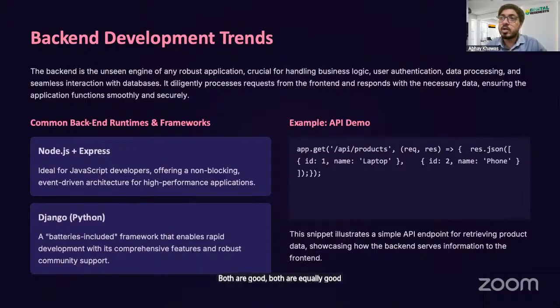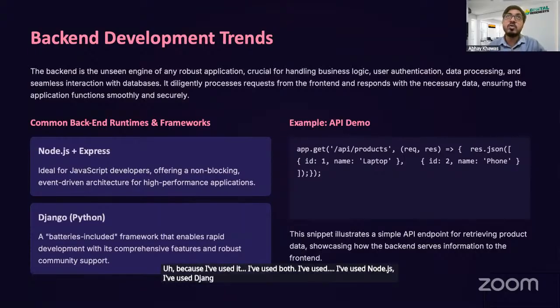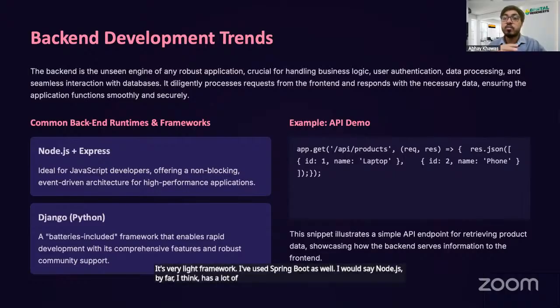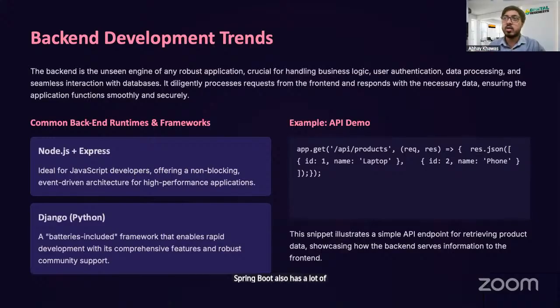Okay. Node.js is a slight bit faster, I would say, because I've used both. I've used Node.js. I've used Django. I've used Flask, again, one more framework of Python. It's a very light framework. I've used Spring Boot as well. I would say Node.js by far has a lot of functionalities. Spring Boot also has a lot of functionalities, but again, Node.js also has a decent number of functionalities, and it's easier